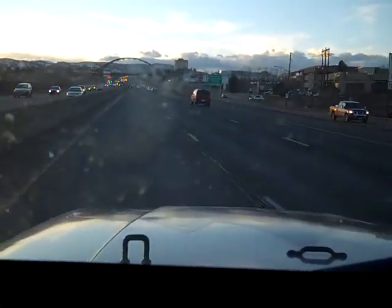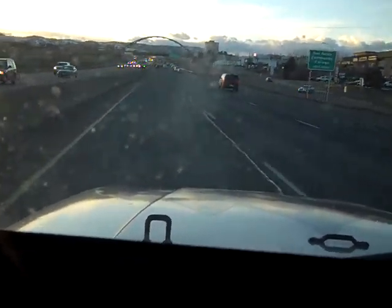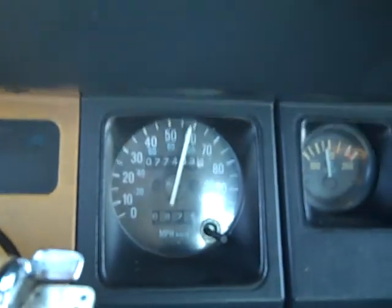I'm going to go ahead and put her into fifth now. And you can see down there I'm doing right around 60 by RPMs in fifth gear, or right around 1800. Yeah, I'm going to shift her back into fourth because I'm getting run off the road here. Fifth is a good gear for fuel mileage, but it doesn't have a lot of power in fifth. Most people who have the Jeeps will tell you that, unless they've stroked them or done something else to them,